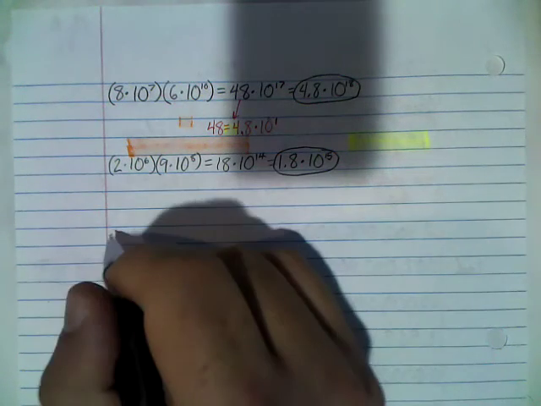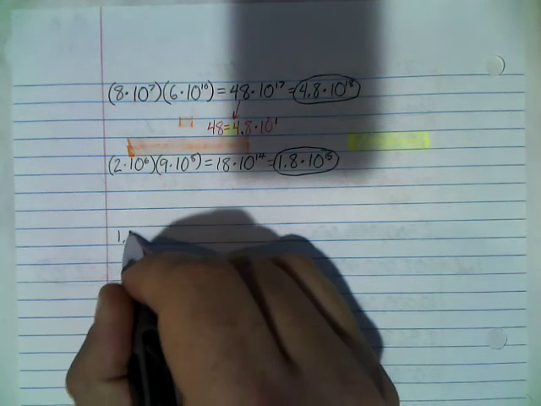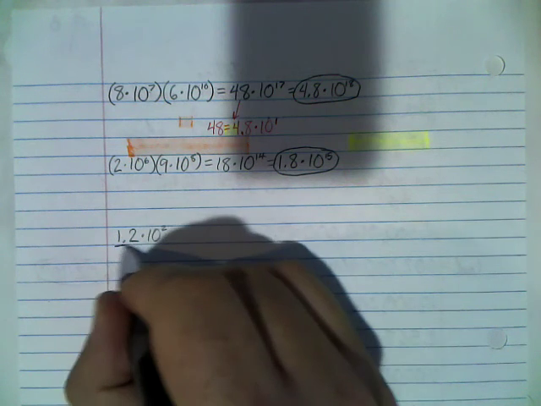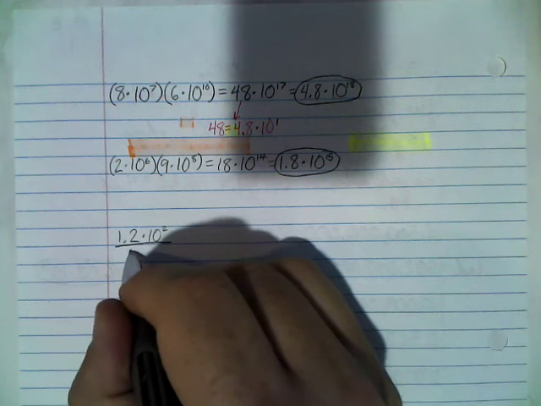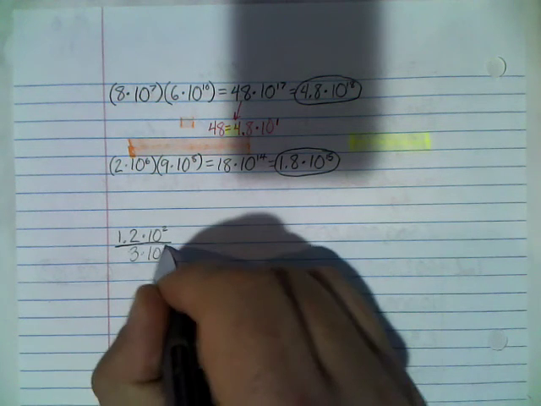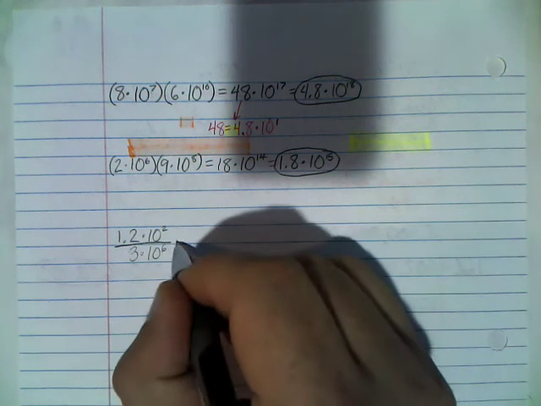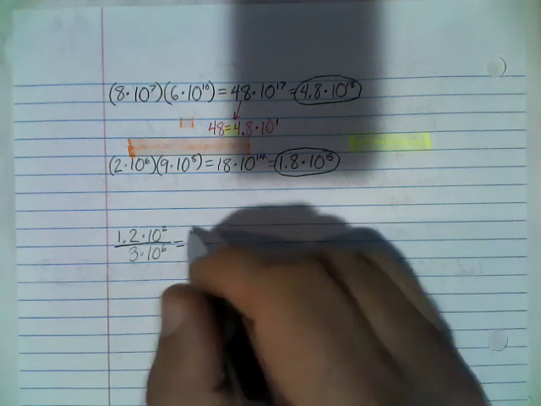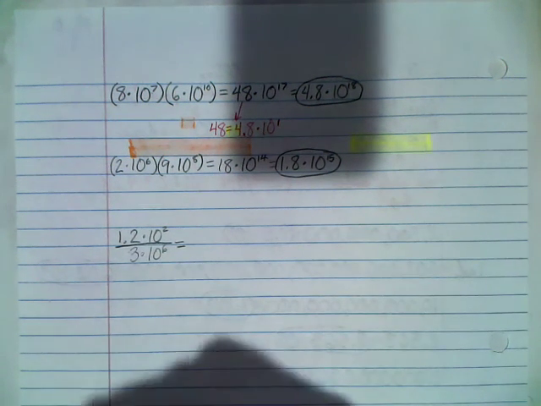All right, skip a few lines here, maybe about 3 or so lines, and we're going to do a division problem. Division we often write as fractions as we get closer to algebra, so I'm going to do this double big in a fraction. So 1.2 times 10 to the 2nd power, and I'm going to divide that by 3 times 10 to the 6th power. So similar to multiplication, we're going to divide like things. So here, 1.2 divided by 3, well, 3 goes into 12 4 times, so 3 must go into 1.2